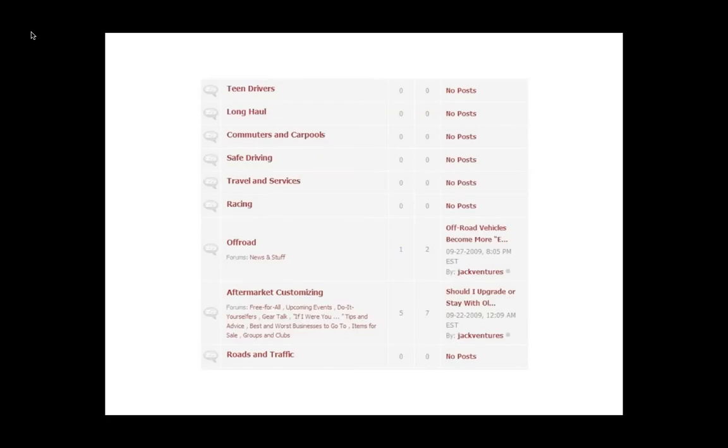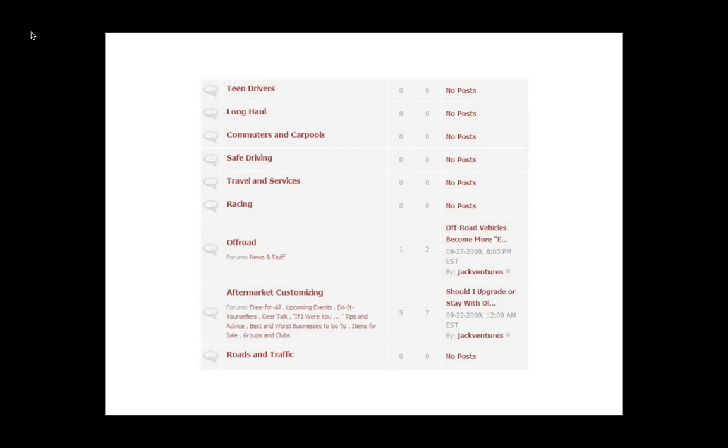What you don't want when you launch an online community is a situation like this. If you look at this community right now, it looks extremely empty. There are so many empty areas, so many empty categories in that community, and you don't want that. If this community launched just with that one popular category, that aftermarket customizing category, it would look okay. It would look like a community that's just getting going. But when you look at it like this, it just looks like a very empty online community. And if the community looks empty, no one wants to participate in it. And that's why it's important that you have generally a high social density in your community without it being too